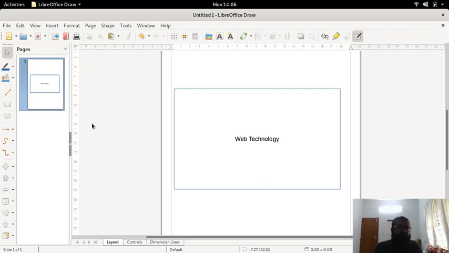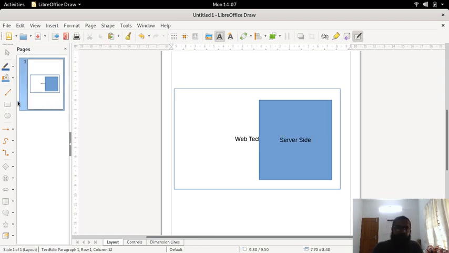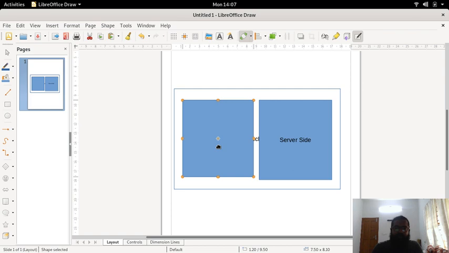The web technology contains multiple things. It contains the server side, and it contains the client side part.